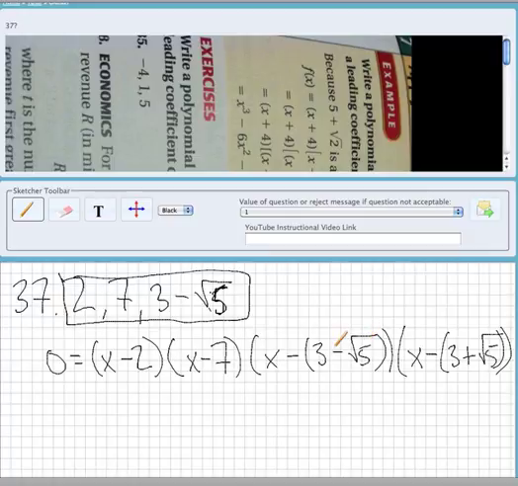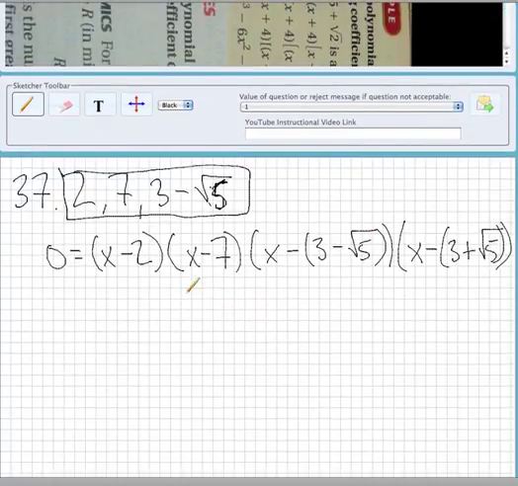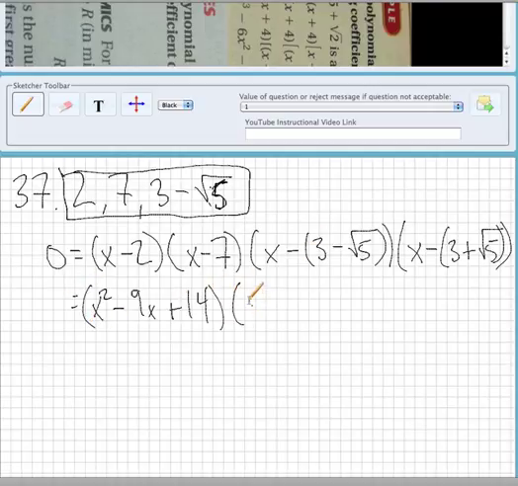The conjugate of it. And then from here we're going to have to multiply all these things out, and we're going to do a little bit of maneuvering of each of the parentheses and some algebra intensive stuff. So the first two we're going to multiply out, and it's going to be x squared minus 9x plus 14. And then this one we're going to multiply out, and we're actually going to change it to x minus 3,